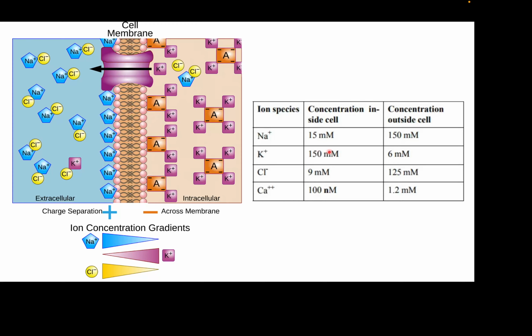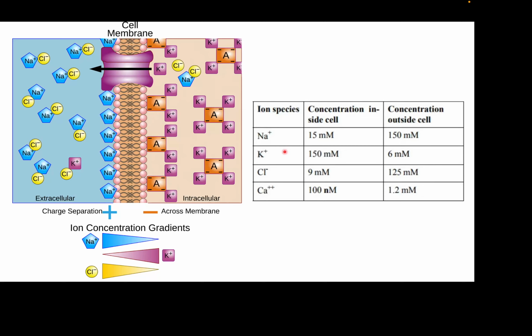looking at the numbers, because till now we are just talking about concentration, what exactly is the concentration difference? If you talk about sodium, inside the cell it is less, right? You can see here the ion concentration of sodium inside is less, but how much less? It's 15 millimolar. Outside of the cell, it is almost 10 times more than the inside concentration, that is 150